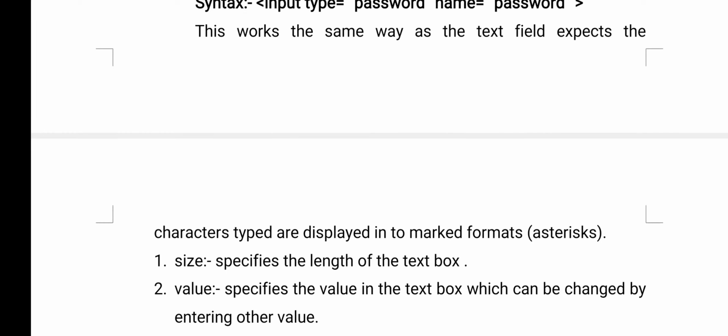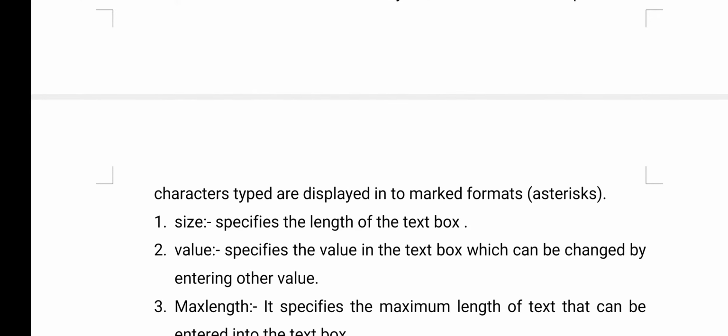This works the same way as the text field, except the characters the user is typing are displayed in some special symbol like an asterisk. You can give a size attribute, minimum length and maximum length attributes. You can restrict the user to enter text by using minimum and maximum attributes.